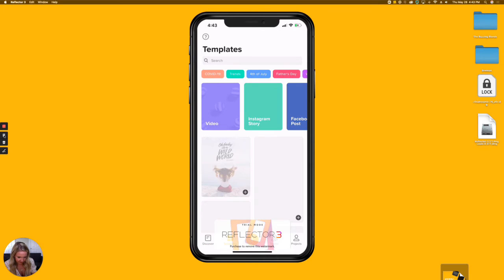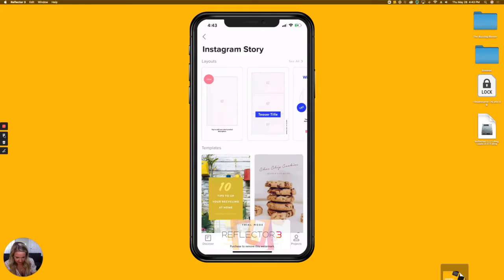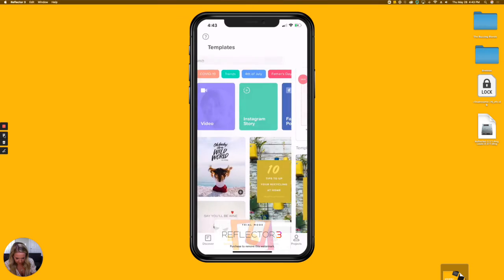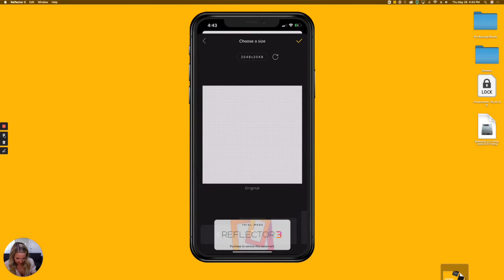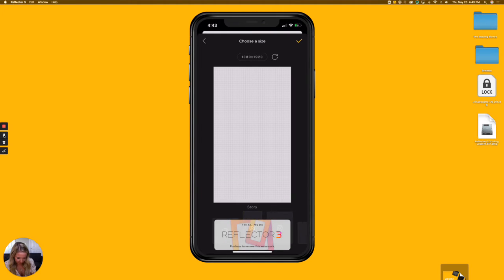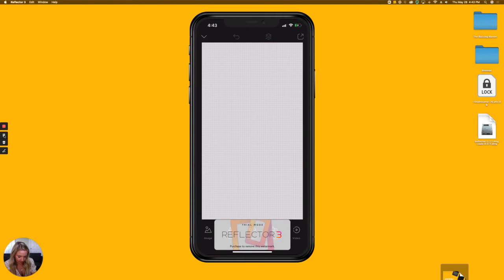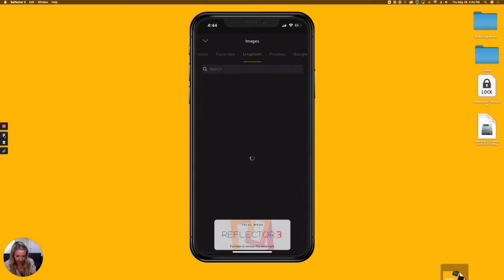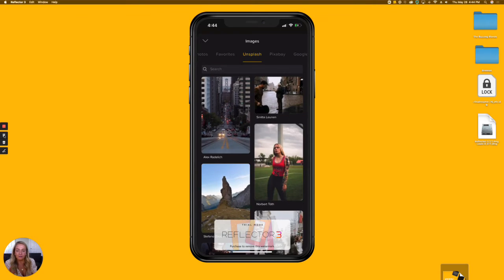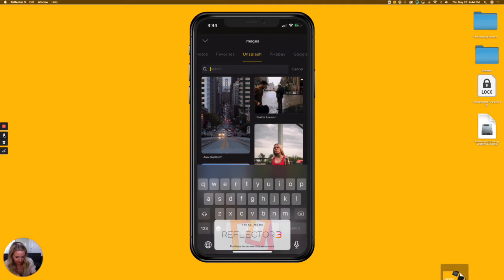and go into our templates. Obviously, Instagram story. So my Instagram story. Now I'm going to go to images. And what I love about Over is that, if you know me, I actually hate stock images. There's nothing wrong with using stock images. I'm not the biggest fan of them because I love supporting my local photographers. But anyways, I'm going to come in here and type in